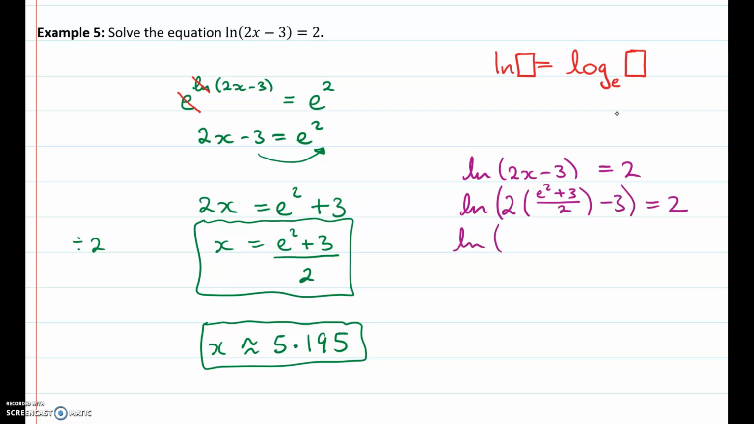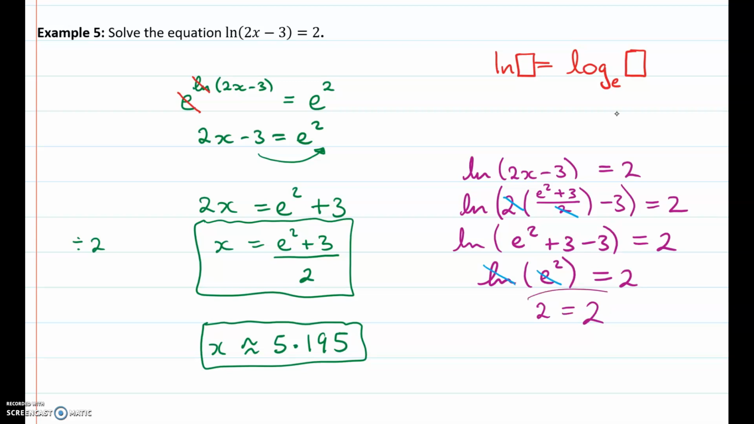So ln, let's work out what's in here. The 2 on top and the 2 on the bottom cancel. And that leaves you with e squared plus 3 minus 3 equals 2. So the plus 3 minus 3 cancels. That's the log of e squared is equal to 2. And logs and e's cancel each other out. So we end up with 2 equals 2, and we didn't have any negative numbers in there to worry about,